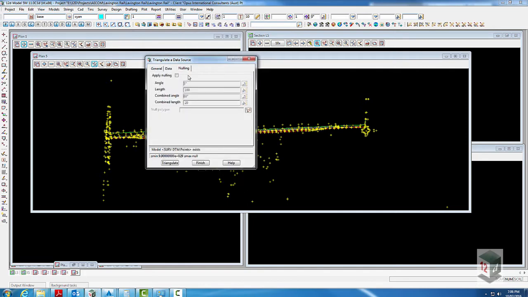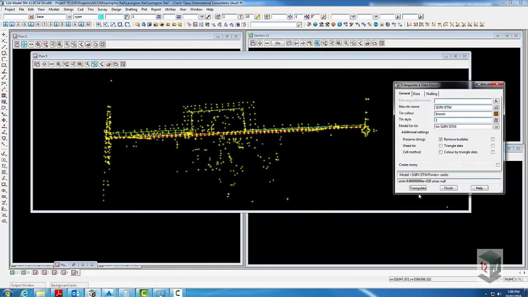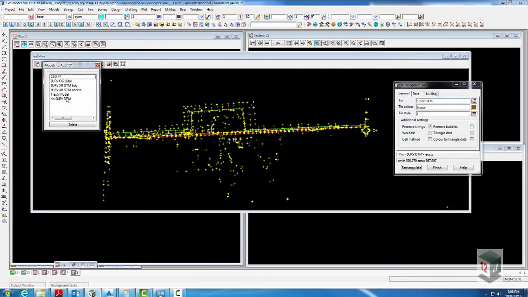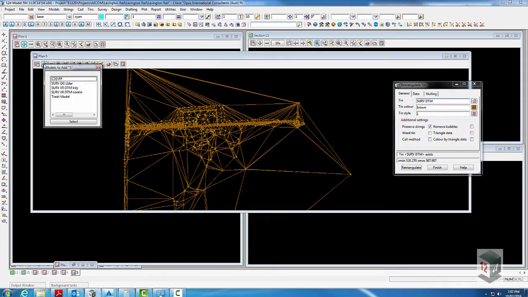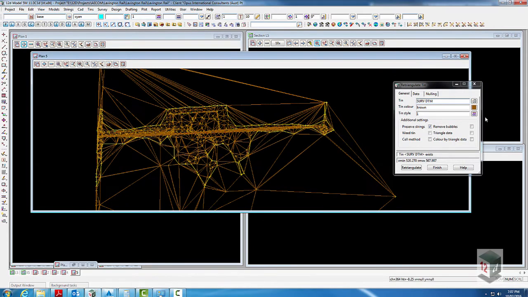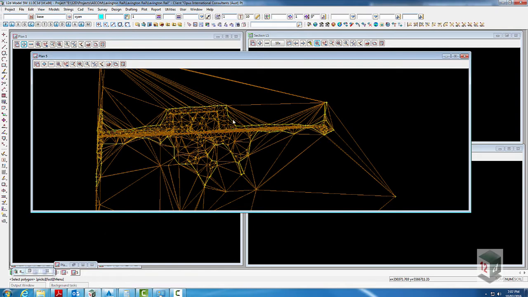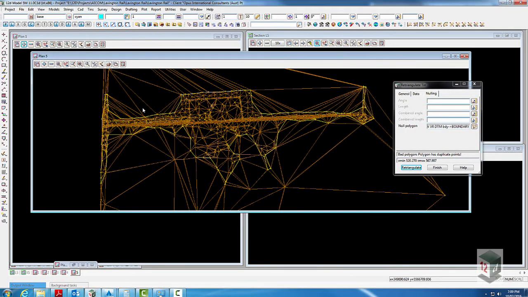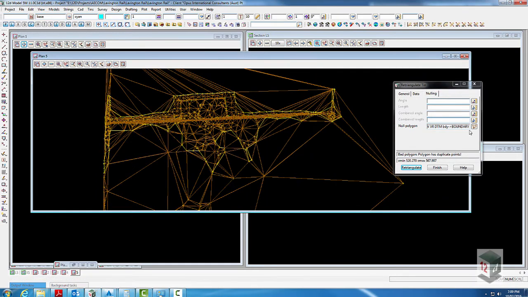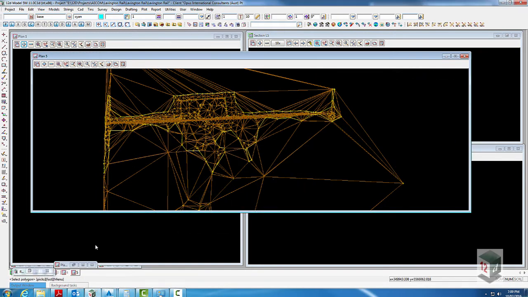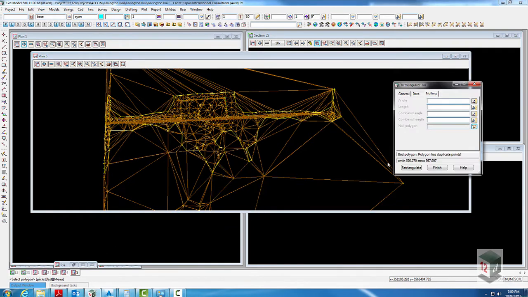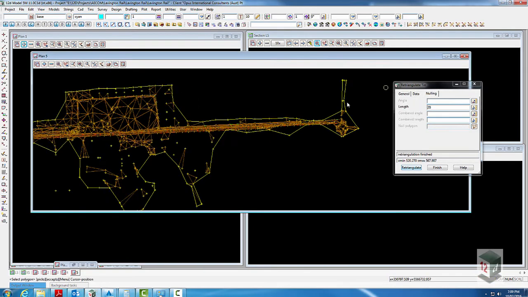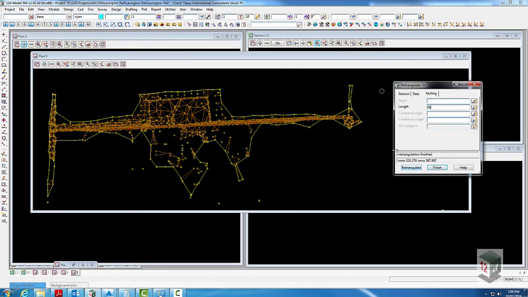DTM points. I'm going to hit triangulate, turn the tin on, and I'm going to null by that polygon boundary that we got given by the surveyor. Oh, doesn't work. So there's something intersecting in that boundary, something corrupt about it, so I'm just going to clear that off, and I'm going to instead just null by a length of say 20 meters, and it's pretty similar, 30 to the boundary that they give me, 40,